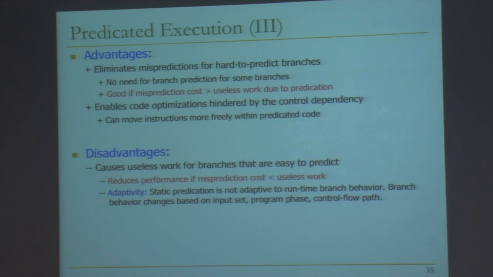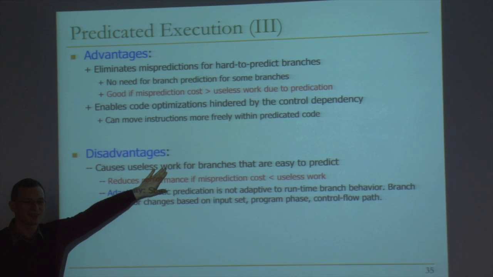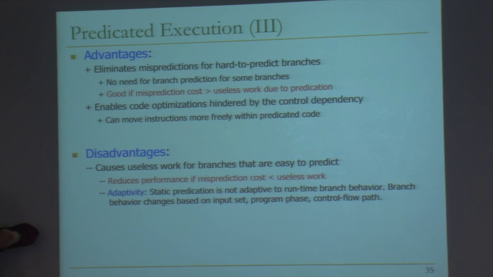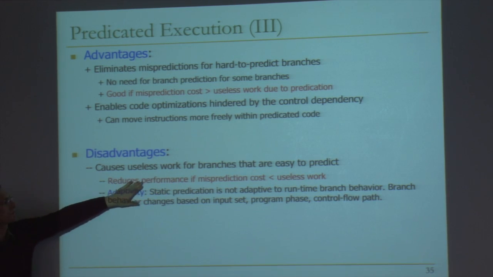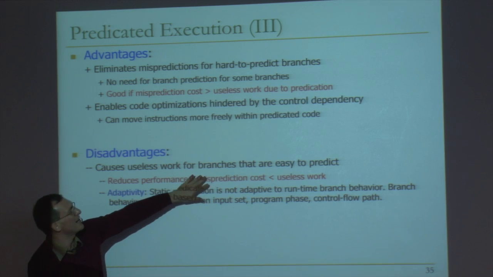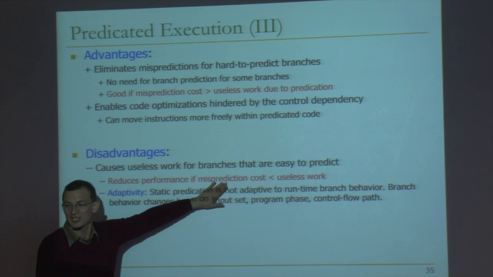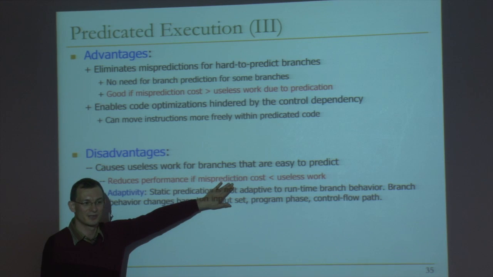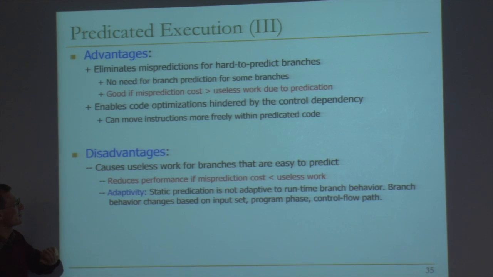The disadvantage: it always causes useless work, right? But this is especially important for branches that are easy to predict. Because if you're almost 100% accurate for a branch, you're always executing some useless piece of code. And this reduces performance if this is true. Again, the compiler needs to judge this, if misprediction cost is less than the useless work. And this is a very difficult thing for the compiler to determine because